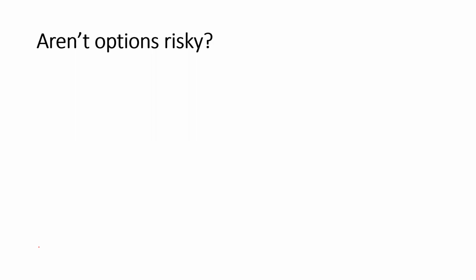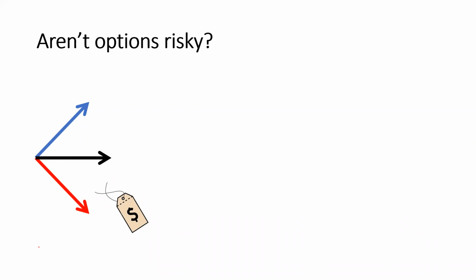Now, aren't options risky, right? Well, what's good is if you think about people who trade Forex or stocks or crypto or commodities, ETFs, indexes, they pretty much only know how to make the money if the underlying symbol goes up. Some of them know how to make money if the underlying symbol goes down, right? You're either going long or you're going short. With options, you can make money also. You can make money when it goes up or down, but you can also make money when the underlying symbol